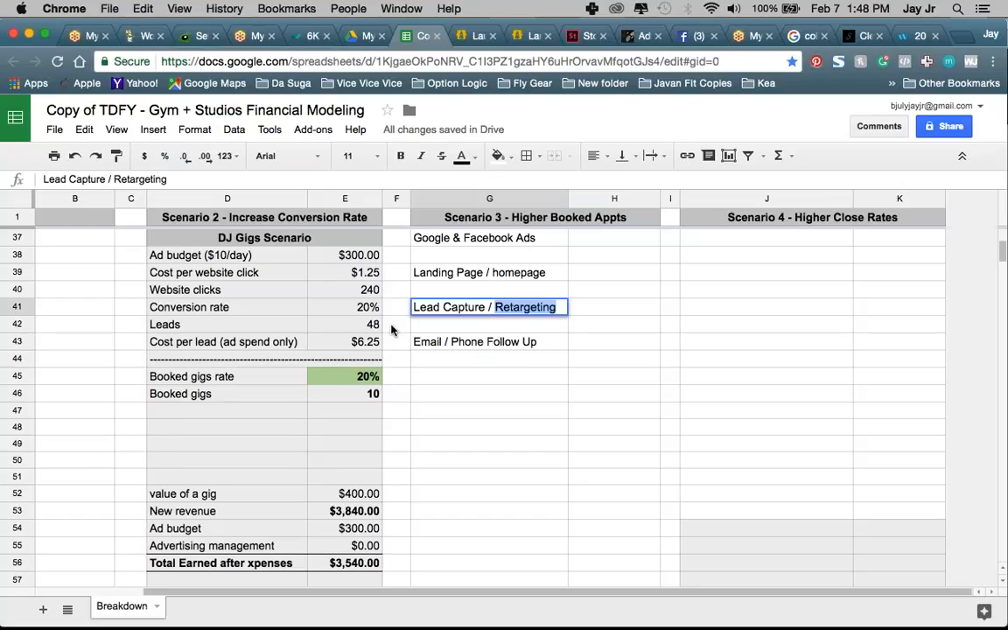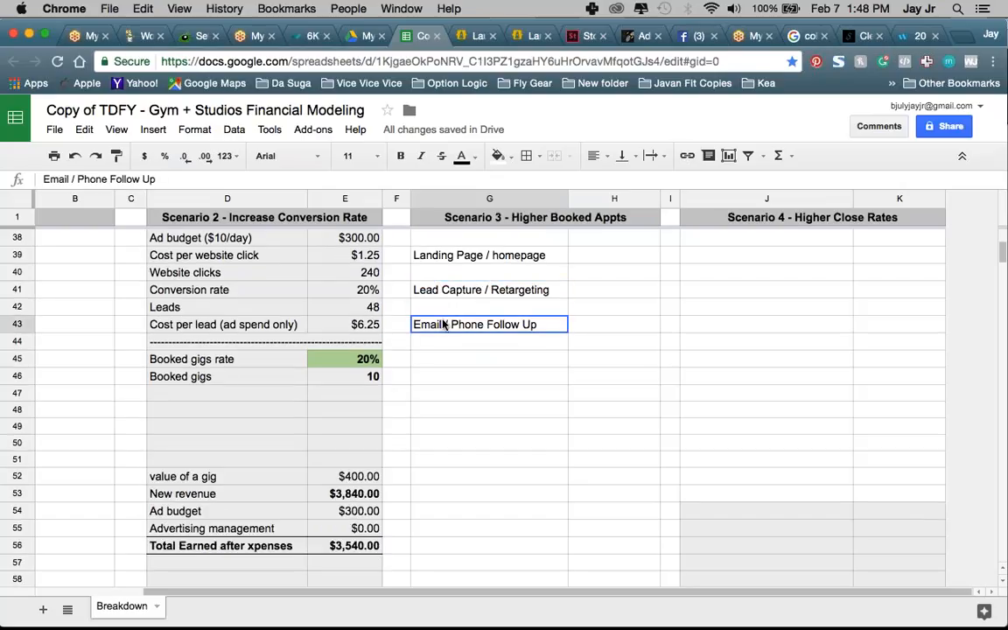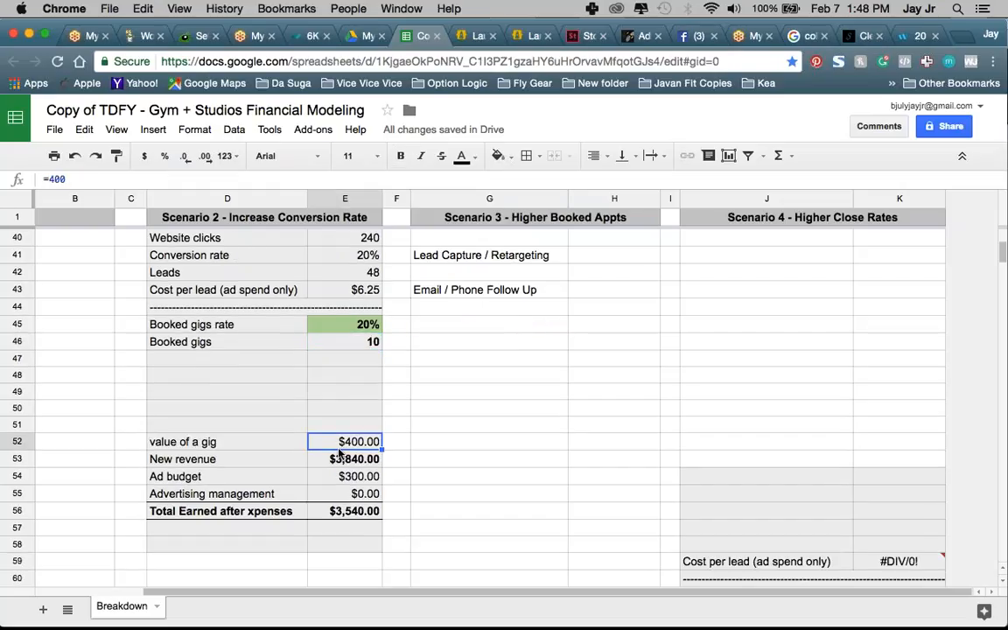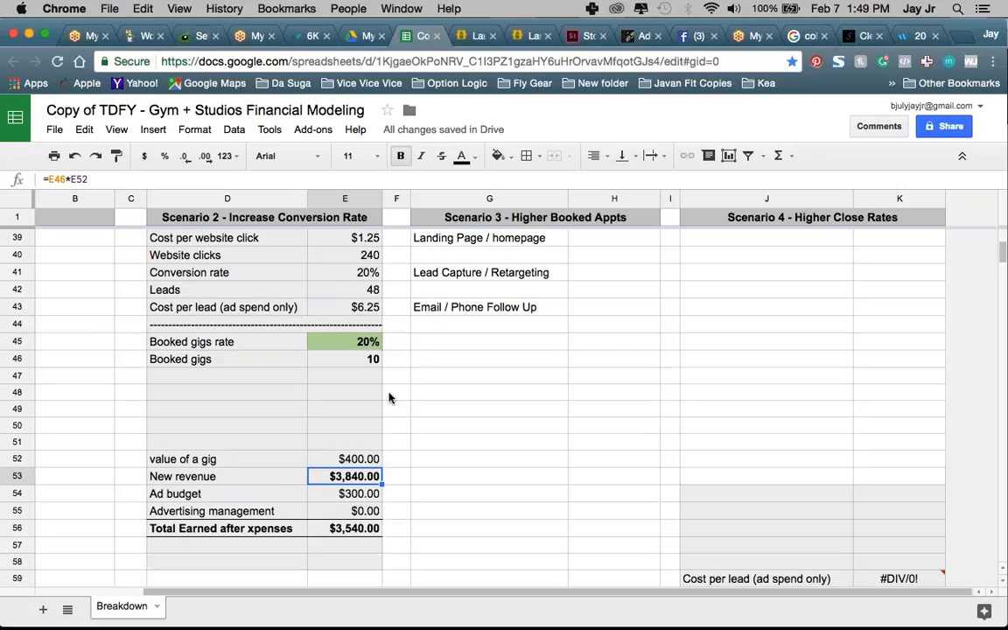So let's get back to it. So that's going to produce 10 gigs. Now, I assume that it would be about $400 value of a gig based on those people charging $800 and giving people $200 off. So that was $600. So I just went low and went $400 for value of a gig. If we bring you in 10 gigs, that's about $4,000 of revenue based off of this